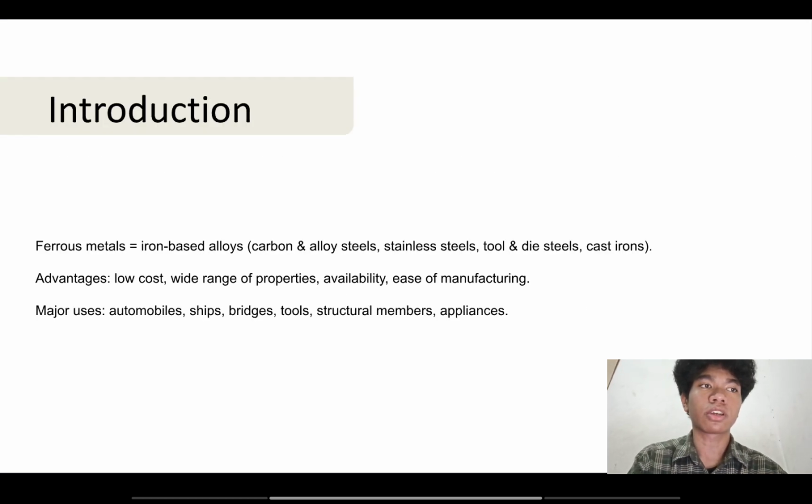Okay, so for the introduction, as you can see here, ferrous metal is an iron-based alloy. Ferrous metals are made based on iron, and they have advantages such as low cost and a wide range of properties, with advantages in mechanical, physical, and chemical properties. The main types of ferrous metal are carbon steel, alloy steel, stainless steel, tool steel, cast iron, and